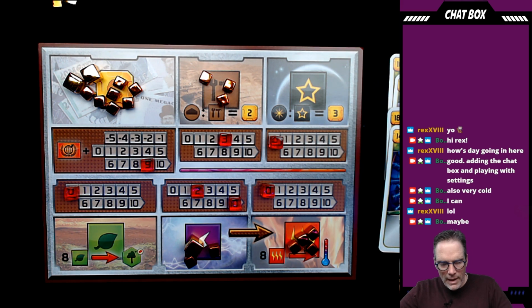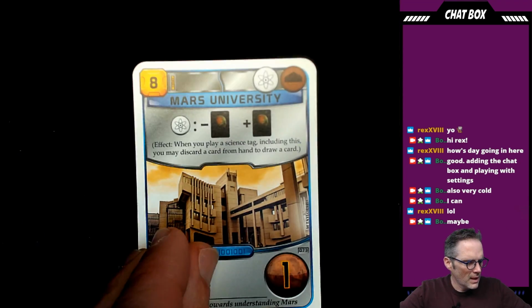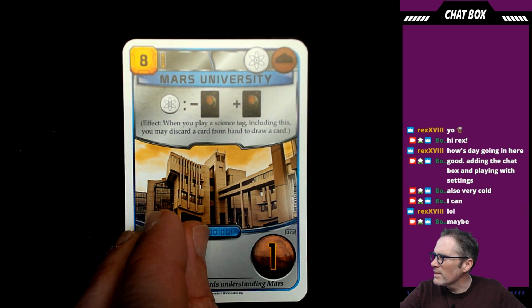Now is the draw phase or research phase where I pick 4 cards, 1, 2, 3, 4 from the big old stack here, and decide which to keep. When you play... okay, let's take a look at some of these. Mars University. When I play a science tag, including this, I may discard a card from my hand to draw